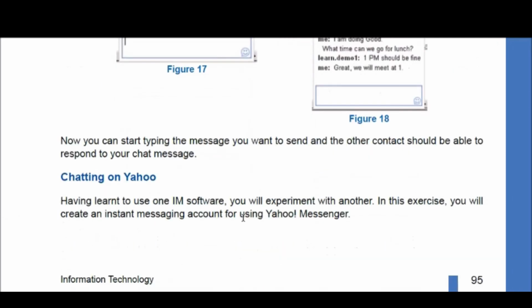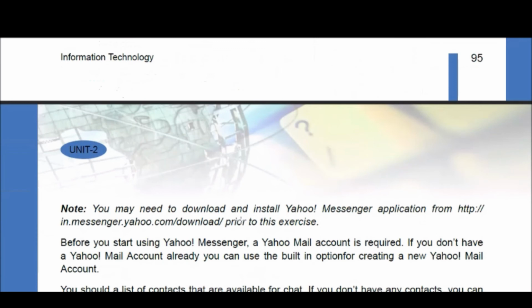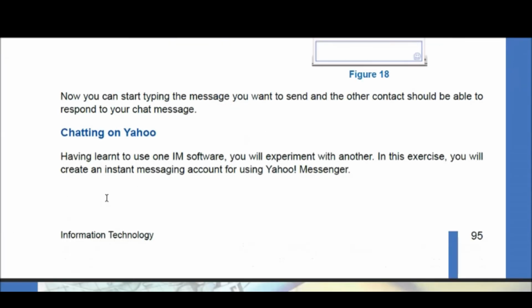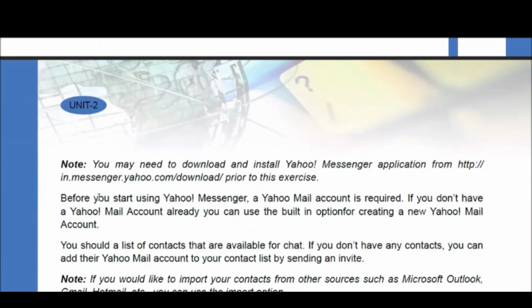Similarly, when we are chatting using Yahoo Messenger, first of all we should have a Ymail or Yahoo Mail account.